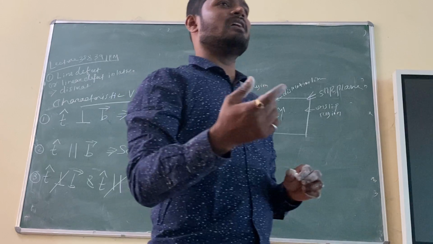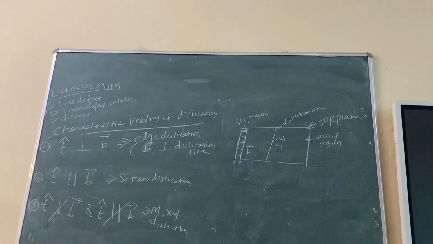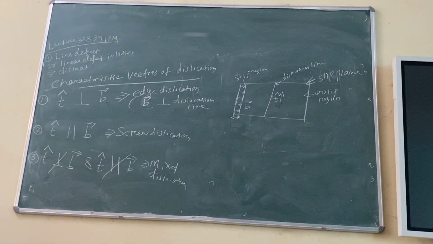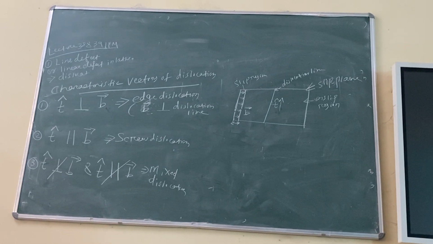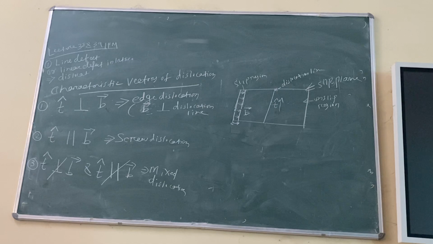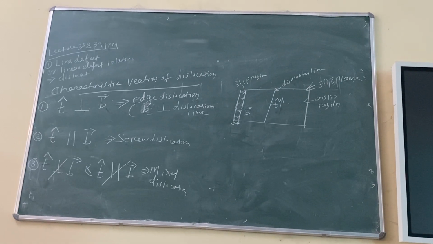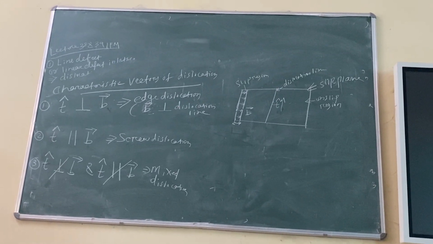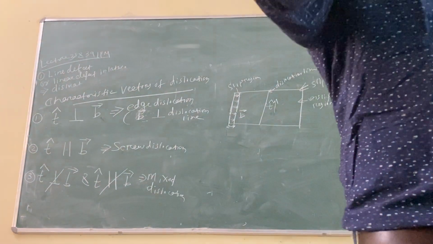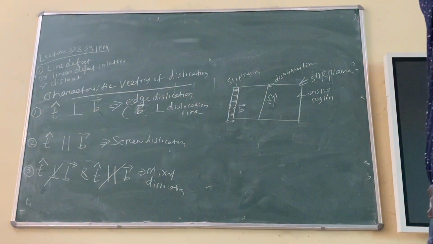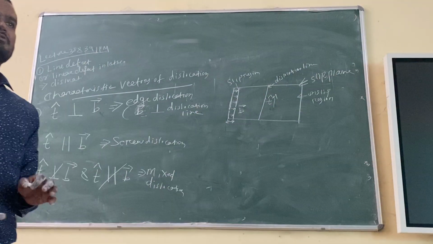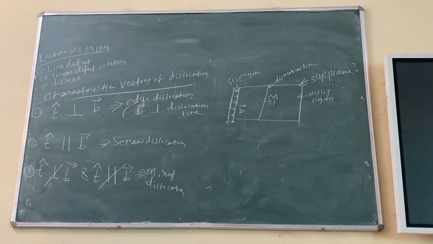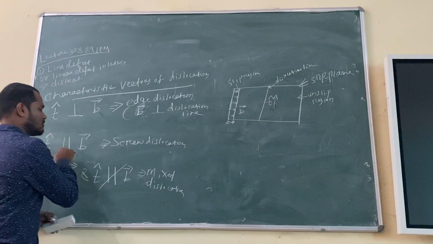If somebody asks why the name is edge, just have a look. If you consider the extra half plane of atoms at the bottom part, that is the edge actually. That is ending over there. So that is the edge. And it is looking like a dislocation line. So that's why it is called an edge dislocation. Screw dislocation means it will look like a screw actually. A screw is like this. Right? I'll show you in the slides so that you will understand more.